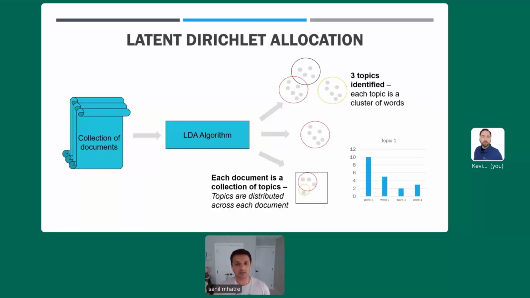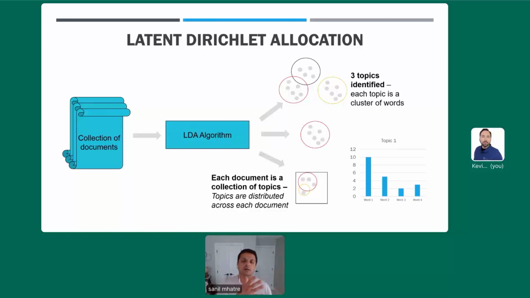So the colored circles up there, the red one, the blue one, and the yellow one, let's say that the topic modeling algorithm has found that there are these three topics that are represented by the three big circles. But what really are topics? Topics are basically just a collection of words, a cluster of words that appear closely together. So the gray dots within every circle represent the words that come together as a cluster to create a topic.